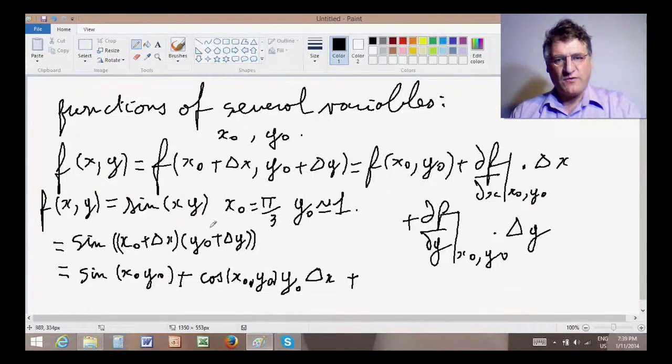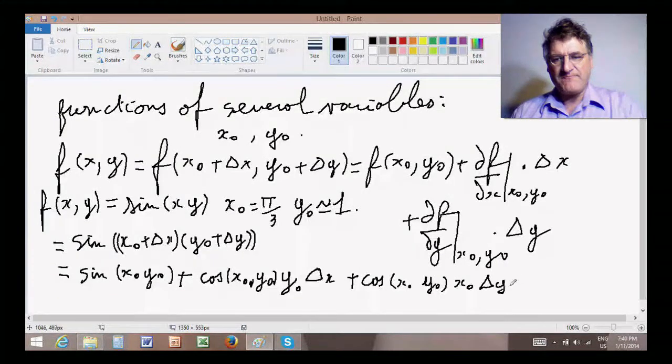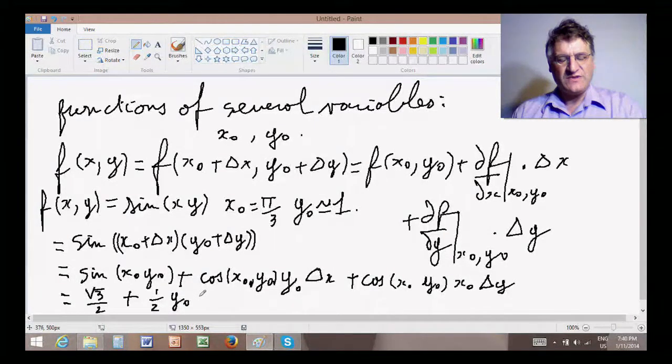plus, likewise for y, cosine of x0 y0 times x0 times delta y. Now x0 and y0 are pi over 3 and 1. Therefore, this is equal to the sine of pi over 3, which is square root 3 over 2, plus the cosine of pi over 3, which is 1/2, times y0, which is 1, so I can just erase that, times delta x,